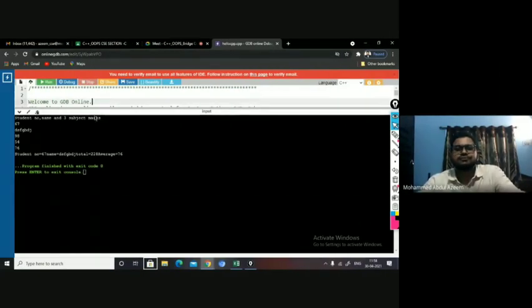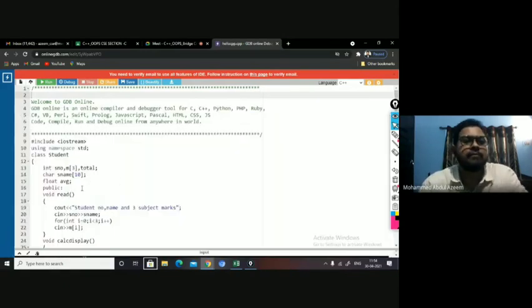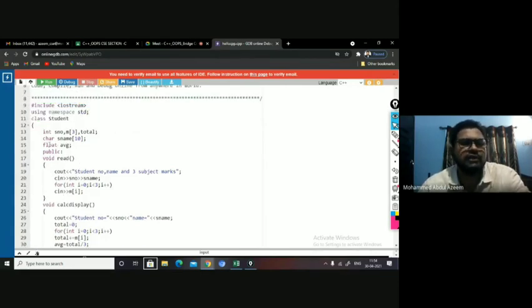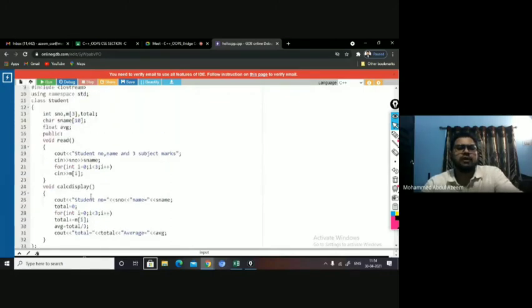So now, I have, let us say, more number of functions to be defined inside a class. But if I start defining the functions inside the class like this, my class looks to be very big.